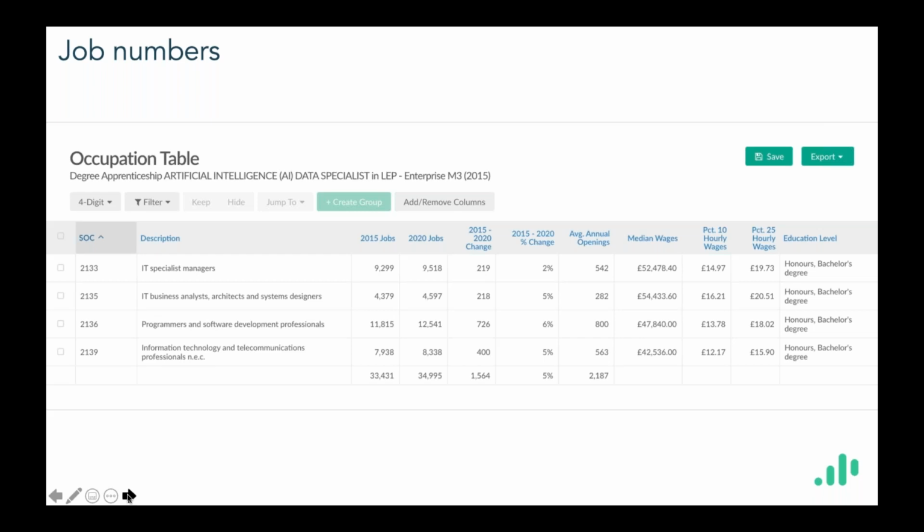And that's important because openings represent job growth plus churn. And that's that replenishment count as people retire or move on. We can also see some earnings data here and the median highest levels of education in each of these occupations. So there are other aspects of analysis that you can bring into this as well beyond just counting the jobs. So we move to the next slide, please.